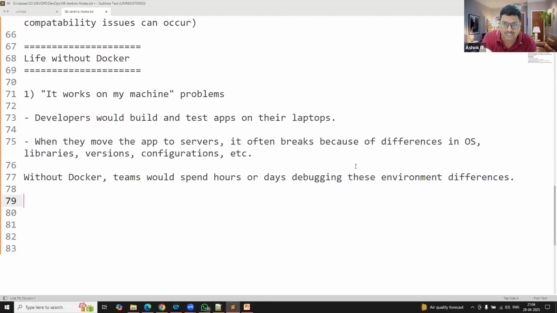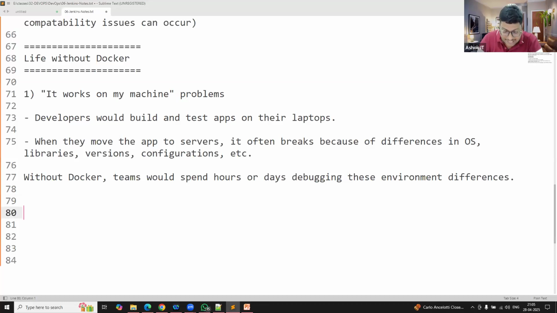When the code is working in one system, the same code is not working in another system. It is the "it works on my machine" problem. That means the code which is working in my system is not working in your system. If it is working in my system, the code is correct. Why is it not working in your system? System configuration issue, software configuration issue, dependencies issue, OS issue, library issue. There can be anything. So how to identify? We need to spend a lot of time to identify the difference between multiple systems, and why it is working in one system but not in another.